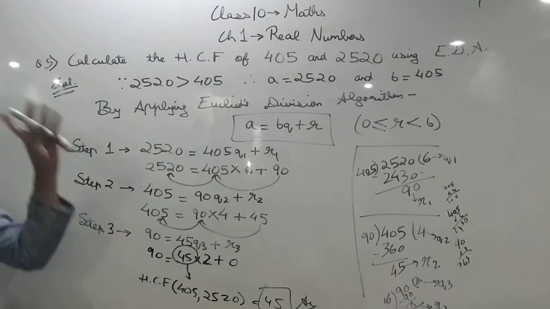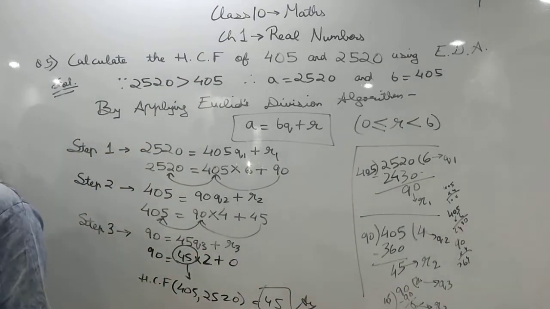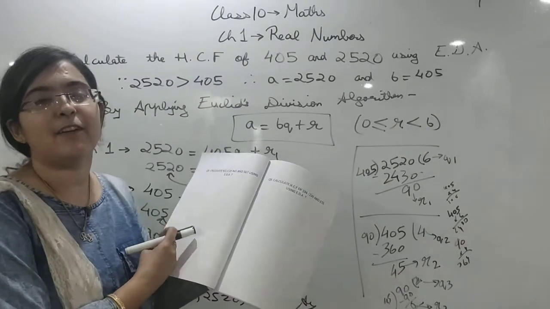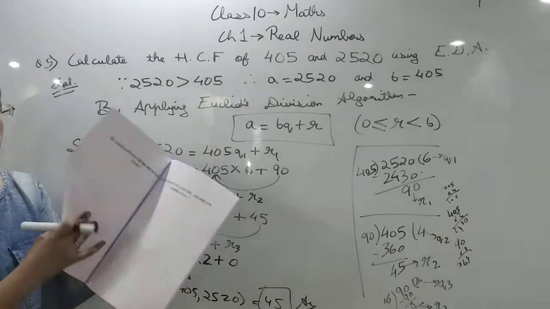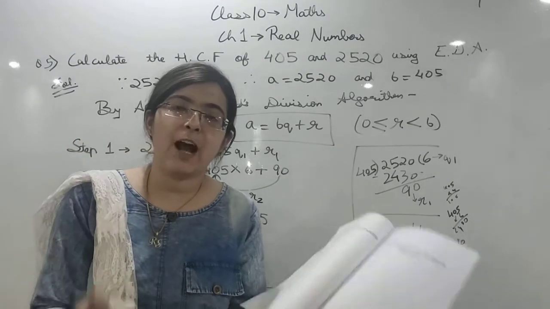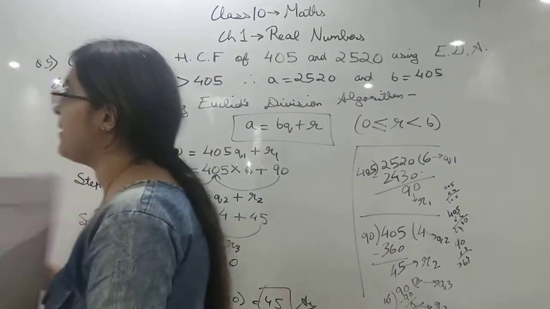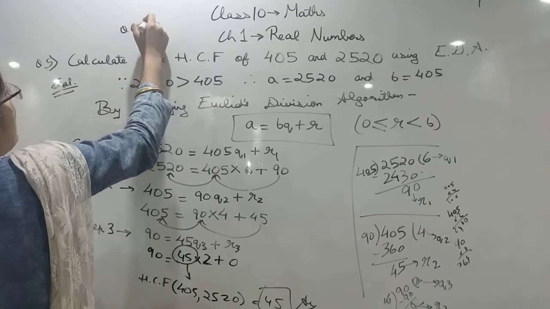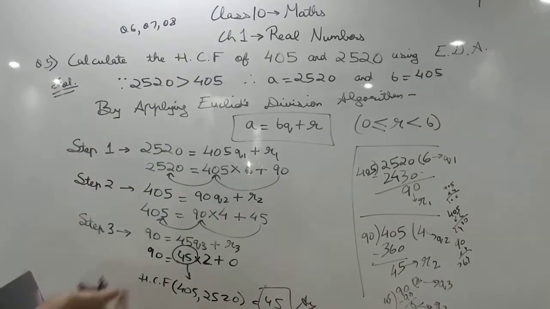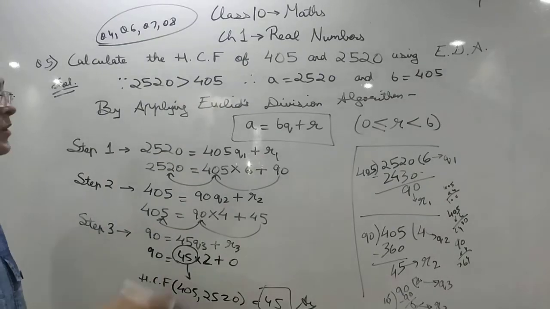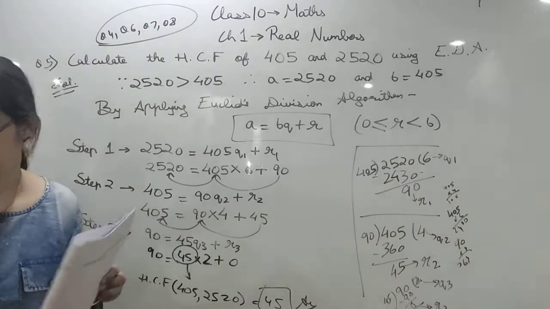Now pause the video and write question number 5. Note it down in your copy. And the same questions, questions 6, 7 and 8 are given as homework. These 3 questions are the same. You have to do it now before the live class. Okay, solve questions number 6, 7 and 8. Before this, one more question was there, question 4. These all are your homework questions. Note it down first in the space given here.